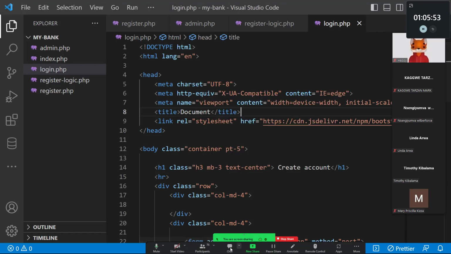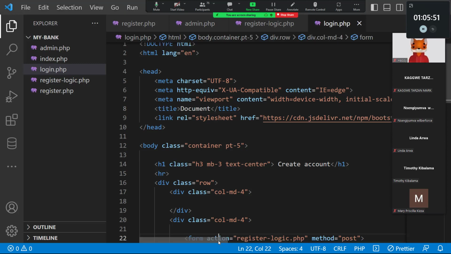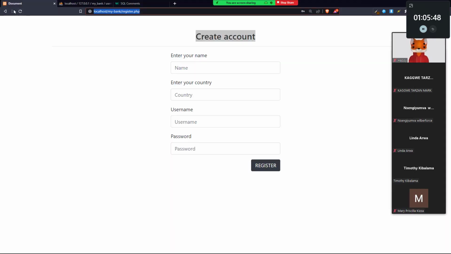So let's go ahead and refresh our login page. If we come to our login page,